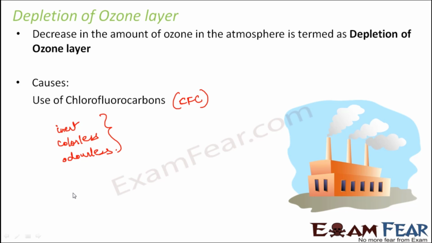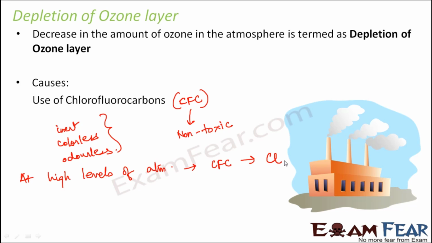It is often used in refrigerators and air conditioners. However, chlorofluorocarbon as such is non-toxic. So as such, this chemical is non-toxic, it doesn't do any harm, but only when it reaches the higher levels of the atmosphere under high energy radiation, this chlorofluorocarbon gets converted into chlorine, and one chlorine molecule. So what happens at high levels of the atmosphere? At high levels of the atmosphere, the chlorofluorocarbon gets converted into chlorine, and one chlorine molecule has the ability to destroy